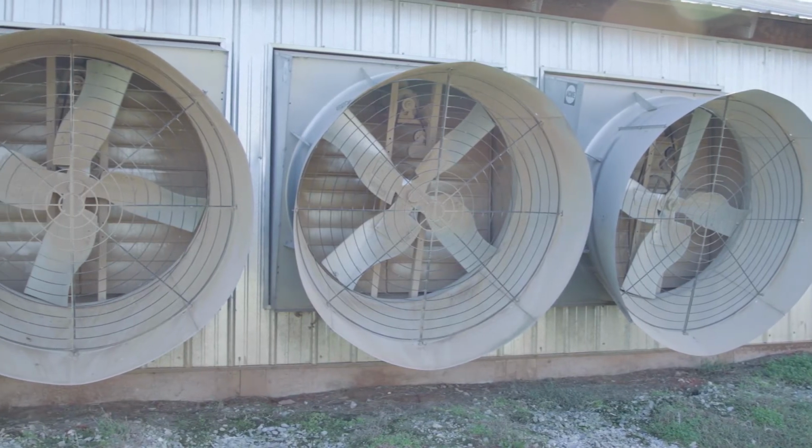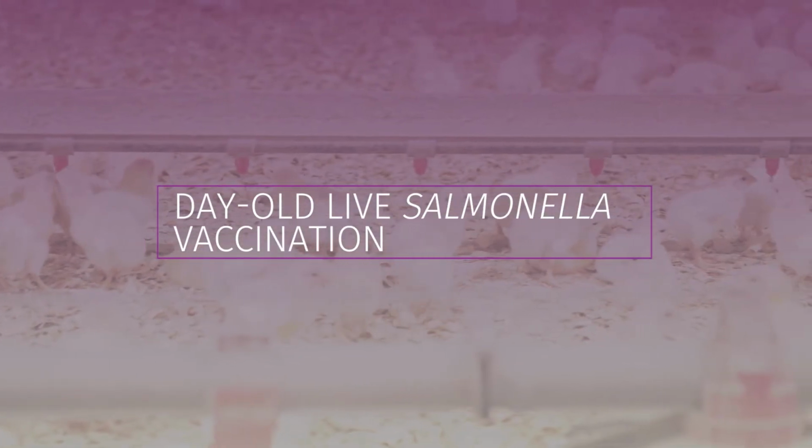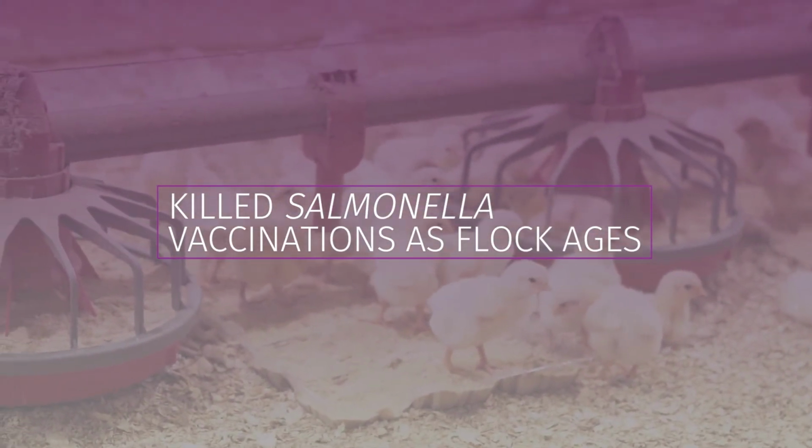Today we've got several interventions that we can do. We can do a day-old vaccination with a live salmonella product. We can do more live vaccinations throughout the process, and then we can also do some killed salmonella vaccinations as the flock gets older. When a hen or a pullet is vaccinated, if they are infected, they'll shed less back into the environment. So the task of cleaning that salmonella out and disinfecting it out of the system is much